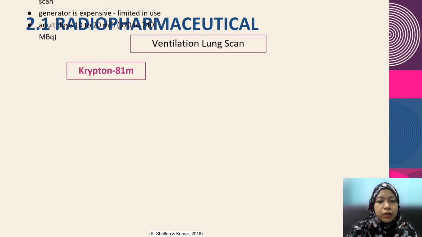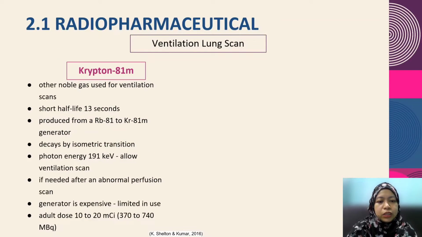The third one is krypton 81. It's another noble gas used for ventilation scan. It has a short half-life, which is 13 seconds only. It is produced from a rubidium 81 to krypton 81 generator. It decays by isomeric transition. The photon energy is 191 keV, so it is allowed for ventilation scan